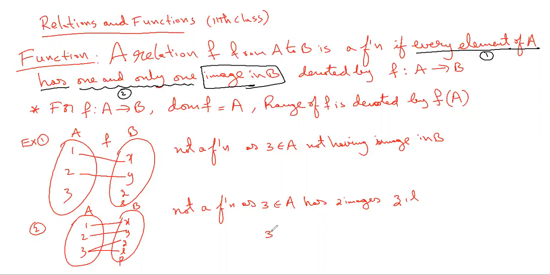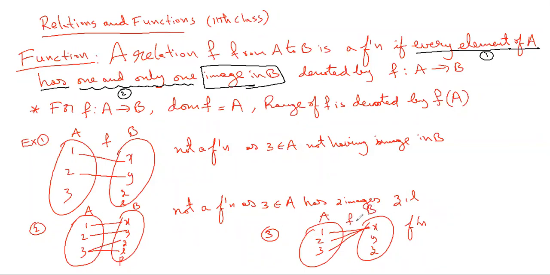Then how can you have a function? Take 1, 2, 3 and x, y, z. It is not compulsory that all should map differently. Even this is also a function. You need to understand, if you observe these first two examples, we are not bothered about the second set at all. We don't have any discussion about z, l remaining here, p remaining here. The discussion is only about the elements of the first set, the function condition.